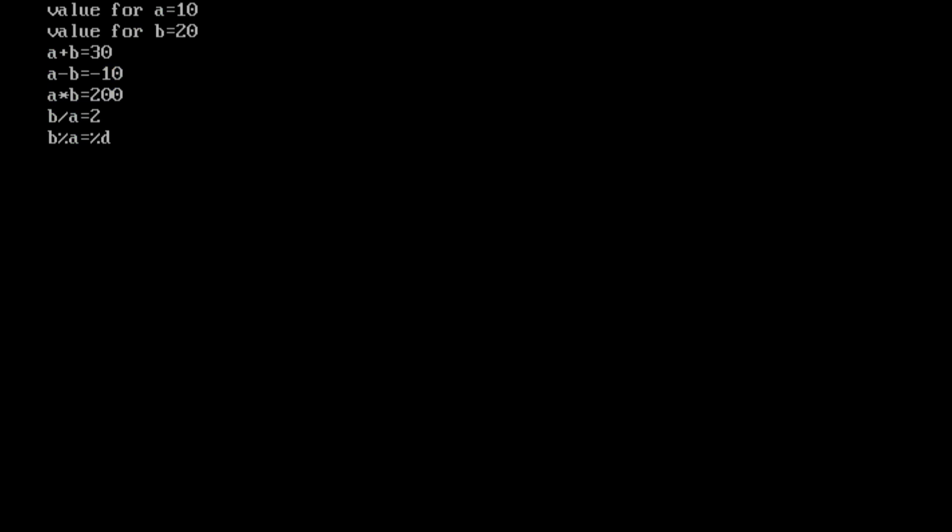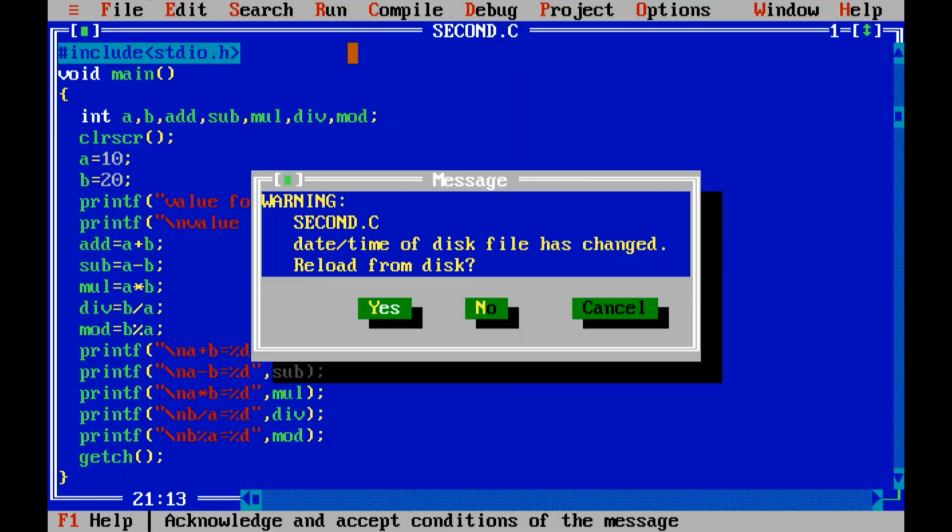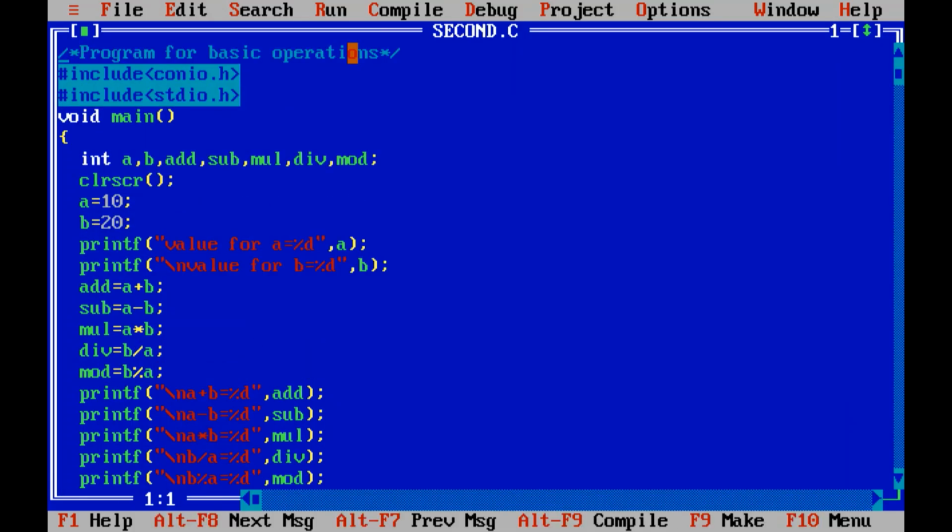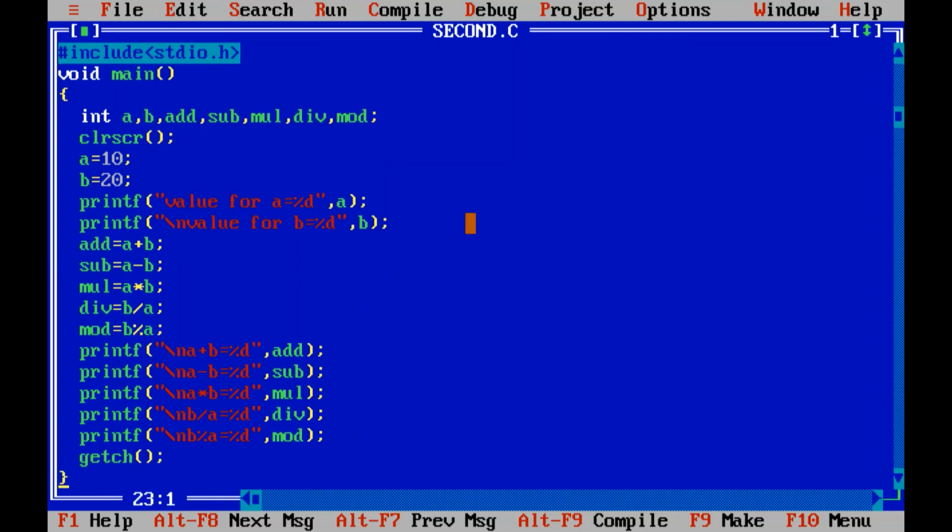See, because we have a value 10 and b 20, addition is 30, and because we are doing subtraction, 10 minus b, we are getting the answer -10, multiplication is 200, and okay, so here why are we getting this thing, one second.